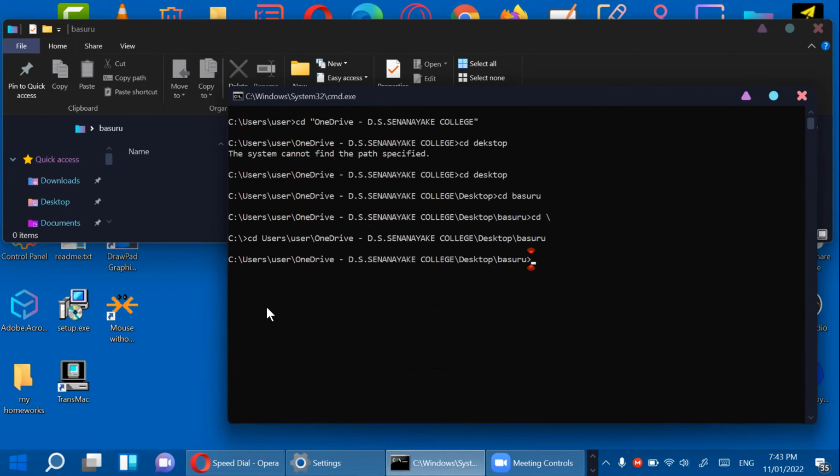Understood now? So that's why I said do step by step. Don't always be in a hurry. Otherwise you won't understand the concept. This is also a valid method. CD backslash will directly go to the C drive. Then CD full path will directly go to the location. But you have to learn that step by step, not in one go, right? Step by step only. Clear? Yes, sir. Okay.